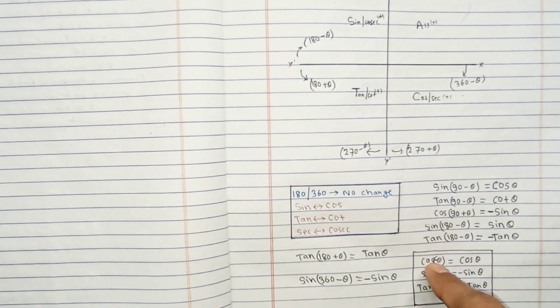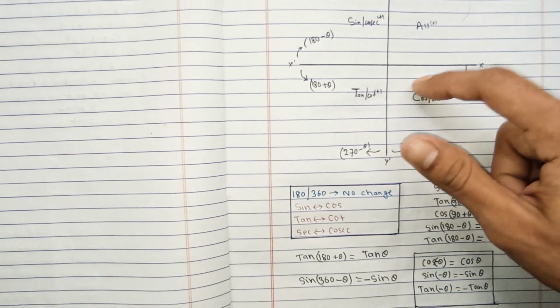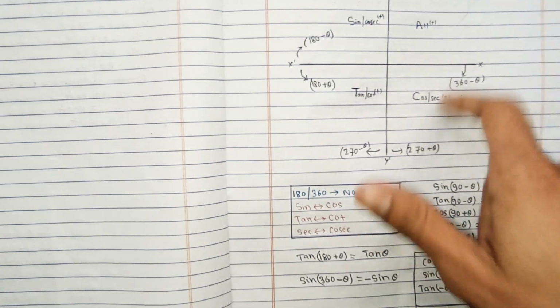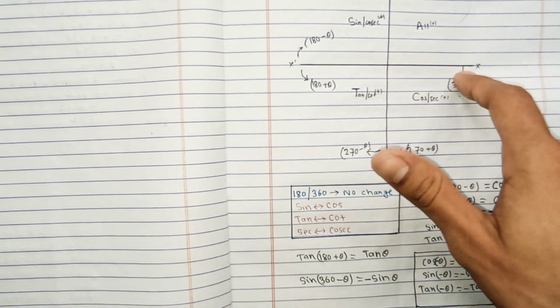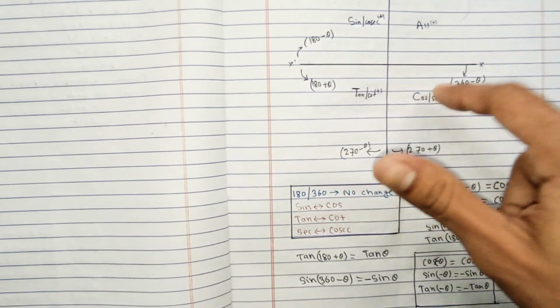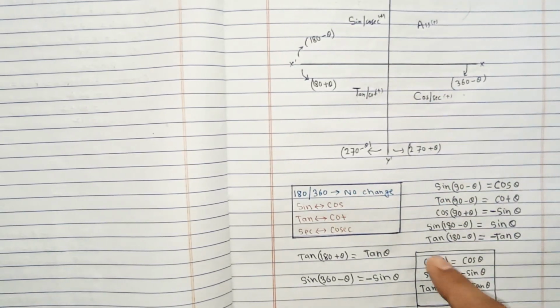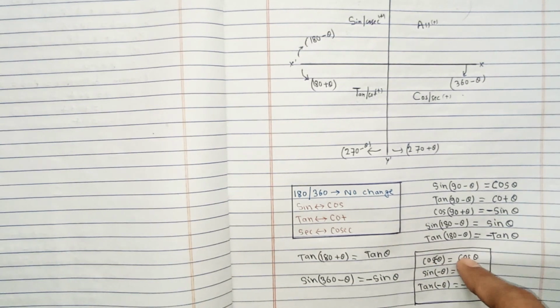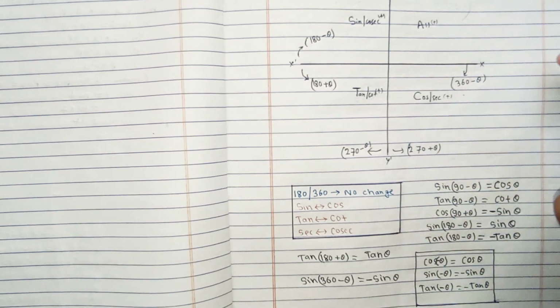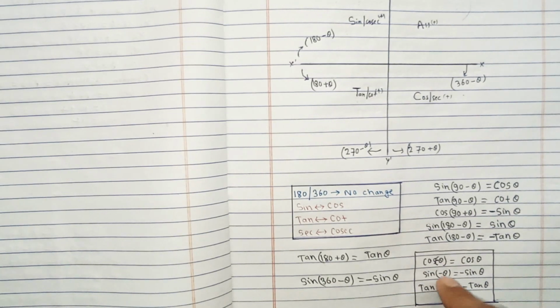We can see here theta is taken negative, it means that it is moving in the clockwise direction, and if we move here in the clockwise direction, then first we meet cos and sec. It means that from this reference point, if you take the negative angle and move in the clockwise direction, theta will lie in this quadrant, and in this quadrant cos and sec are always positive, so no matter you take the negative angle, it becomes positive due to this. In this way, this can be the shortcut for you to memorize it. Cos minus theta and sec minus theta are always positive here, but sine and tan give minus sine theta and minus tan theta.